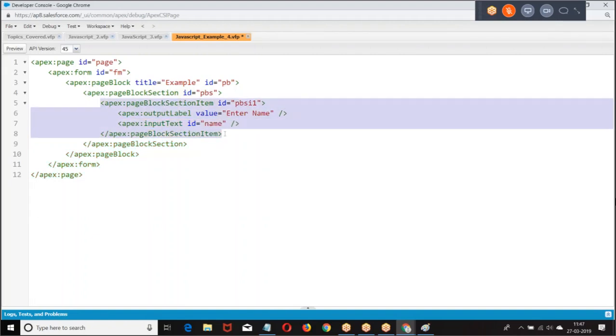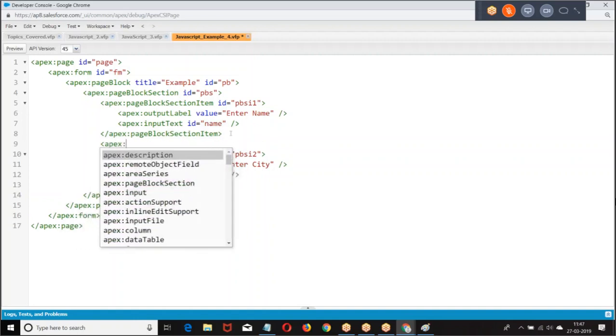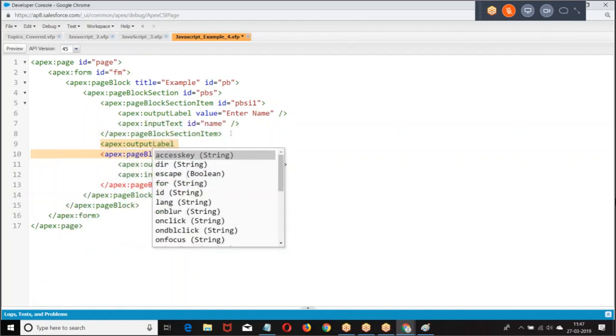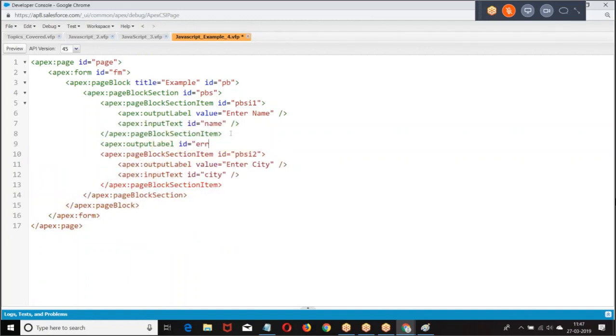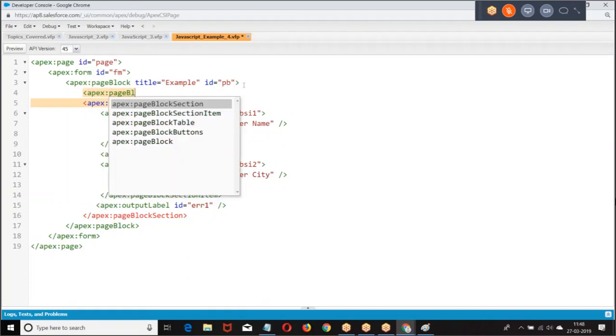Then I give, then I was giving here Apex. First, I will show the output screen. Then we'll discuss the scripting.